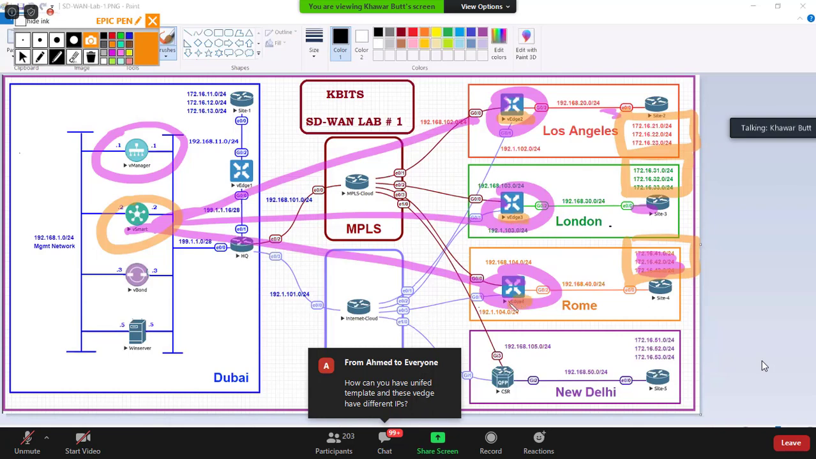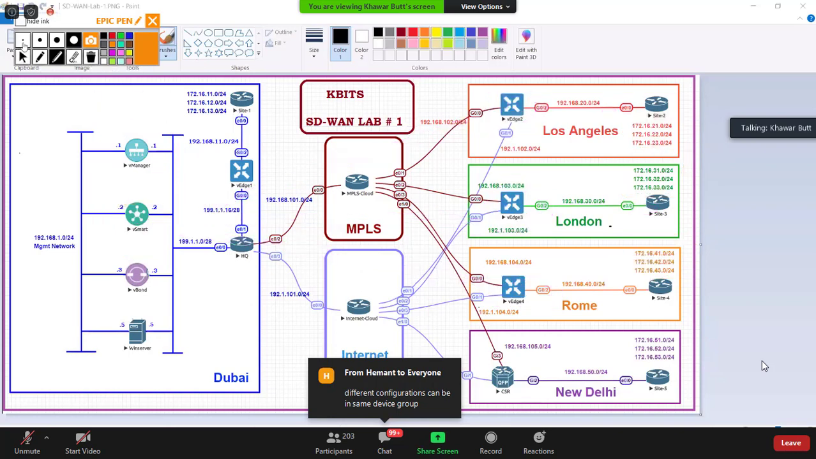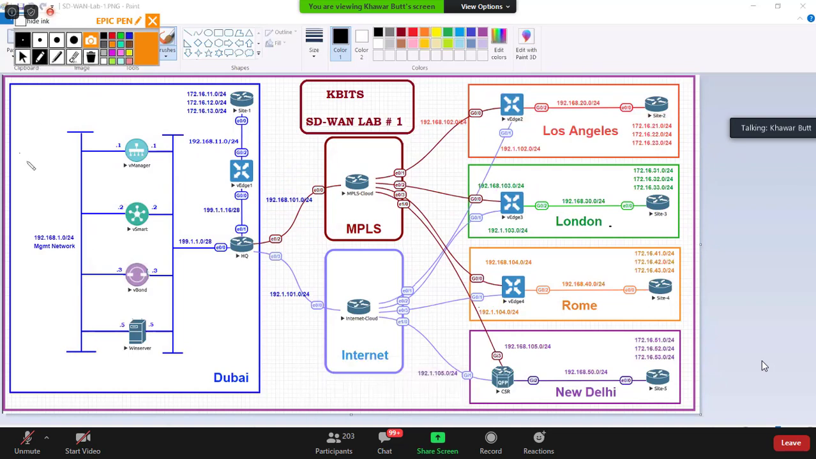But by default, the way it works is the vEdges talk to each other directly. They don't talk via the vSmart. vSmart is just for the control plane. So I don't run any control plane between the vEdges. All the control plane is with the vSmart. Again, for redundancy, you don't want to have one vEdge, one vSmart. You might want to have multiple vSmarts over here. All right. So that takes care of my